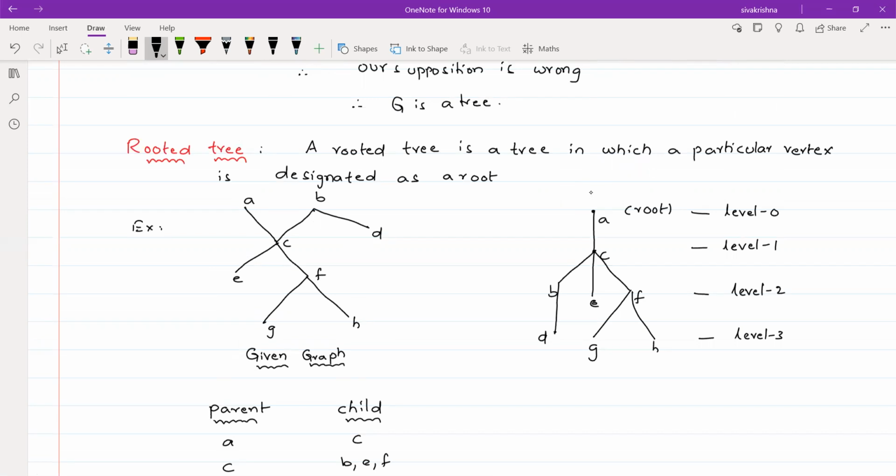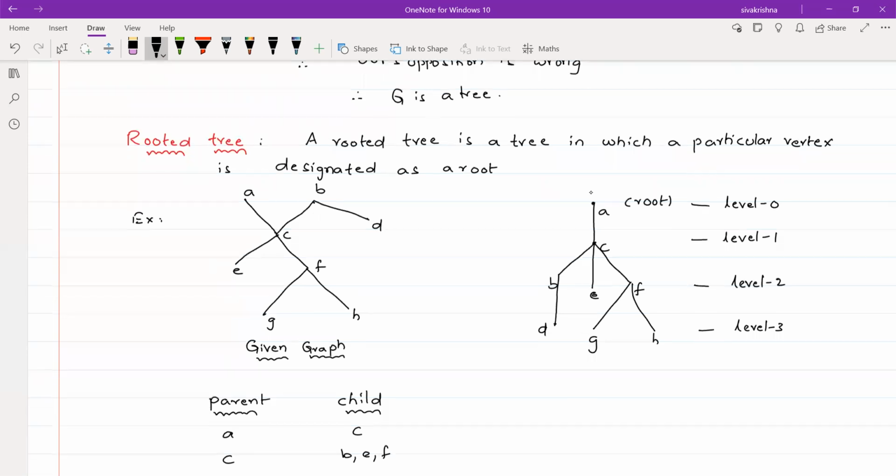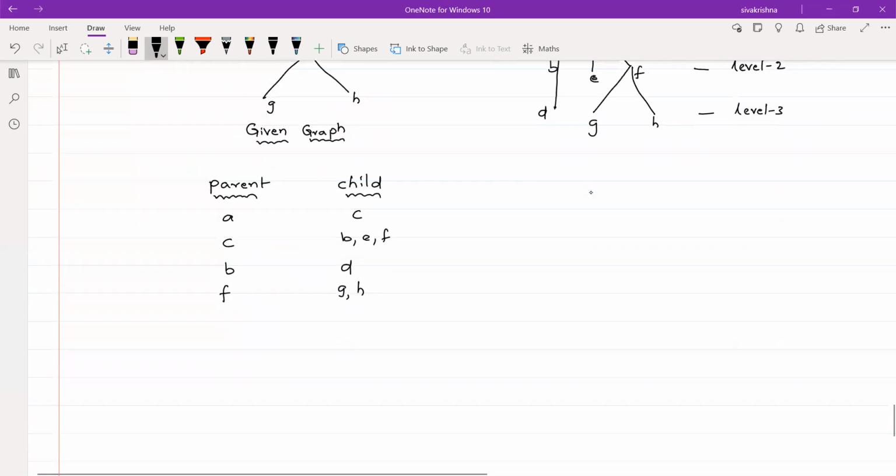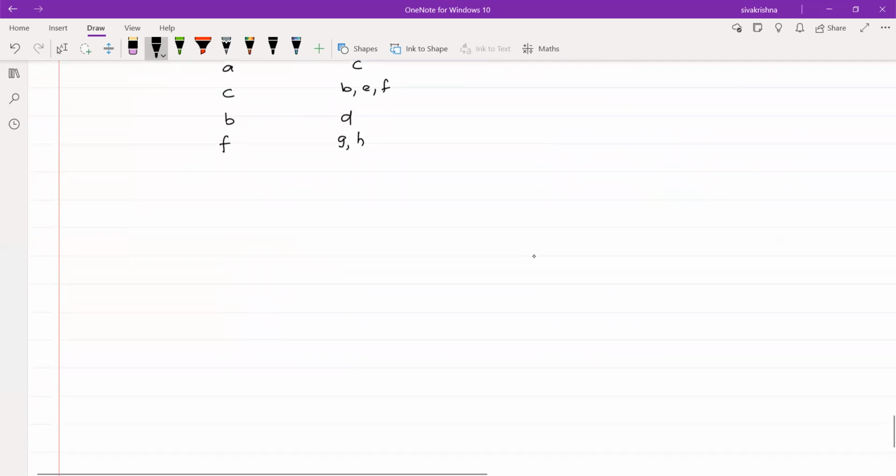we can also treat any vertex as a root. In the first example I chose A as a root. If we choose B as a root, then we get, so now I am choosing B as a root for the above graph. Here I am drawing. So this is B. So I am choosing B as a root.